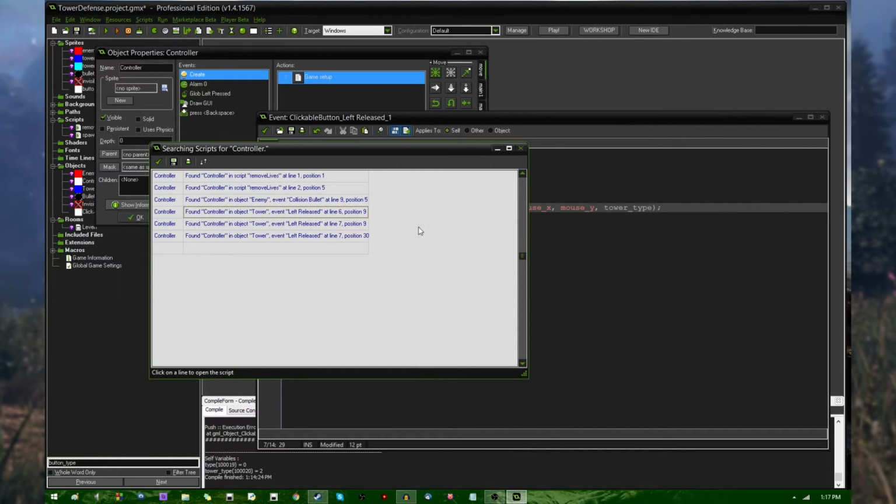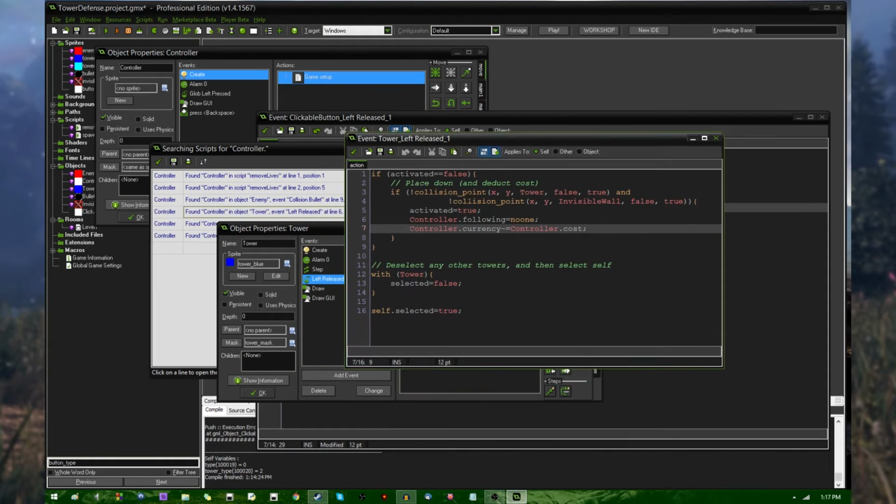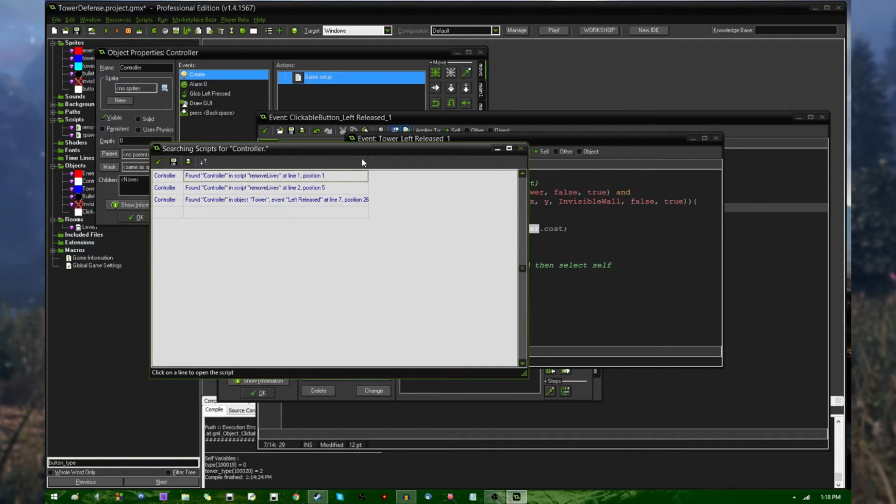Okay, tower's left released, as in when you click on them. I think this is the follower variable also. Come on, open. The find and replace tool is very nice. Alright, indeed, okay, so here's a slightly different problem. I can't access the cost variable from a single object anymore, because every button has a different cost associated with them. So what I'm going to probably have to do is...